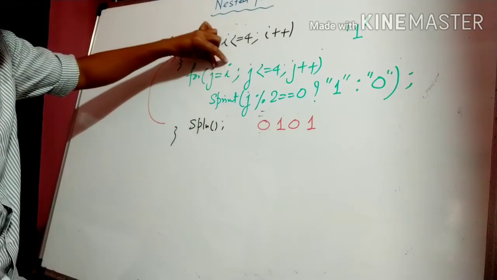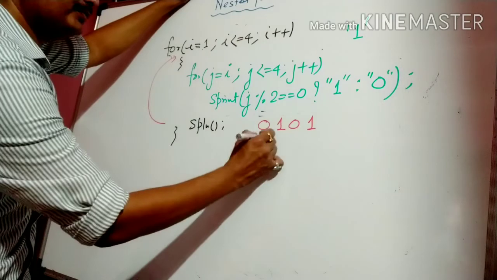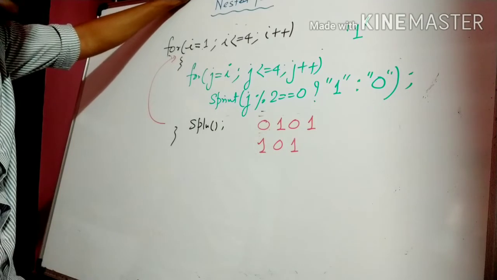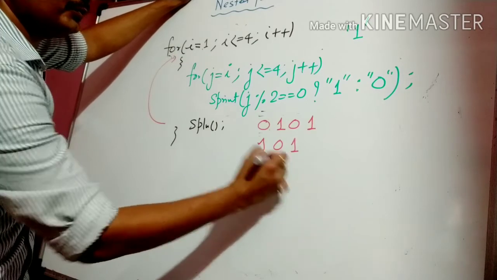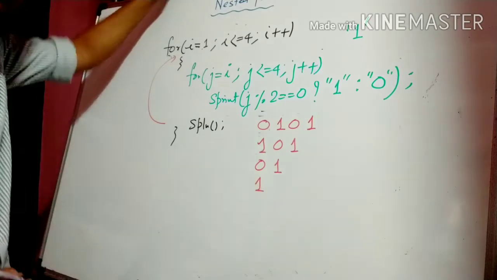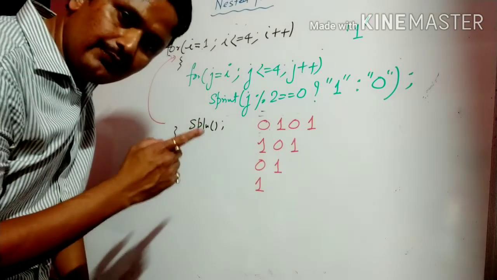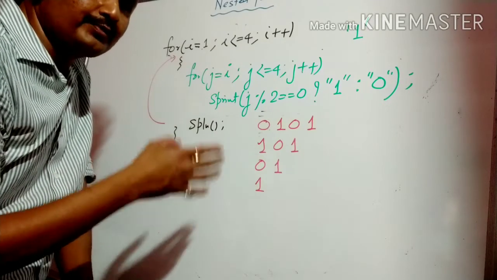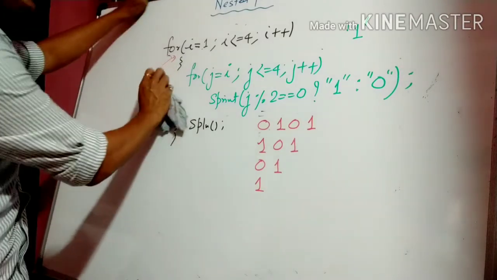This is 2. The value of j will be what? 2 se leke 4, it will start with 2. So 2 modulus 2, condition true. 3 false, 4 true. Now that will be 3. 3 to 4, 3 means false, 0, 4. Finally it will come 4. 4 se leke 4, one time. What it will print? 1. Yes, this type of questions are very important for the board purpose, for class 10th, second terminal or final term, or class 10th as well as 9th.